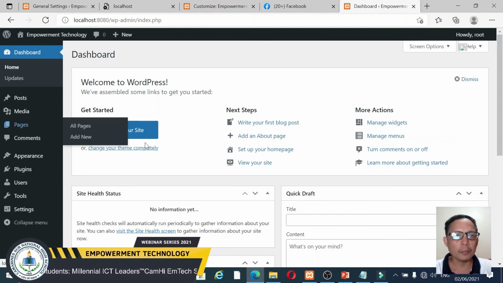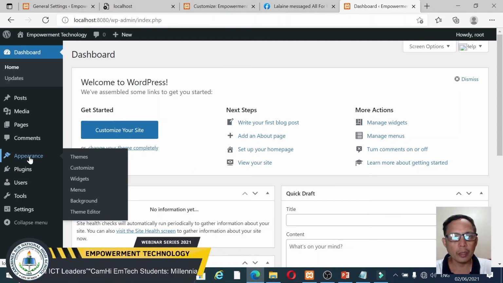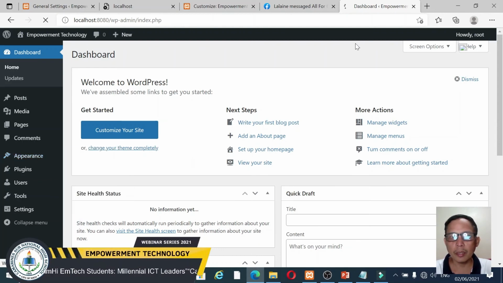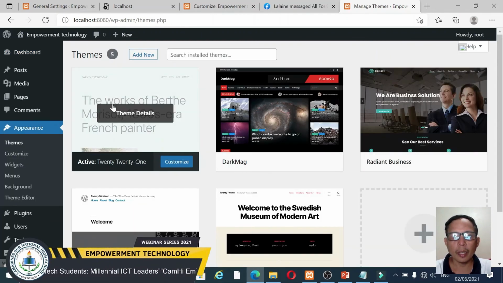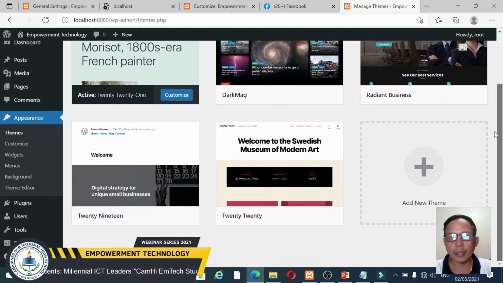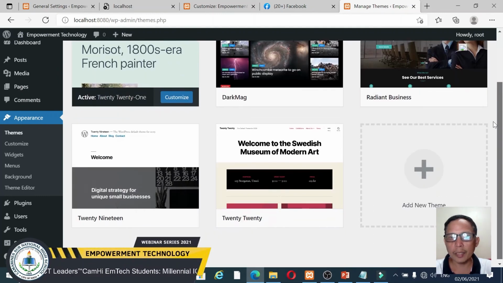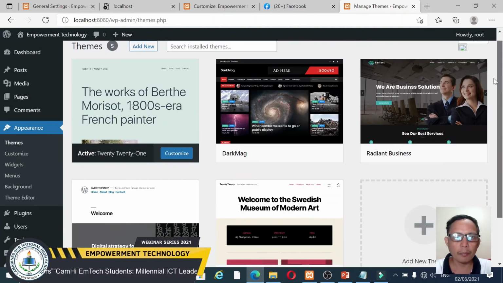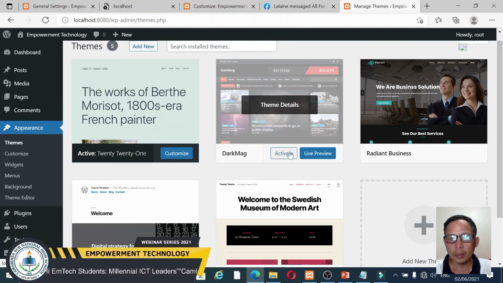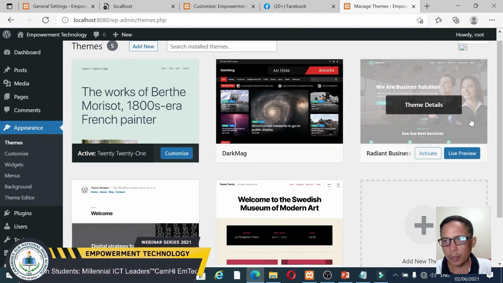For example, if you want to change the theme of your site, click themes and it will show the different available themes. Some of these templates are free and some are for a fee.